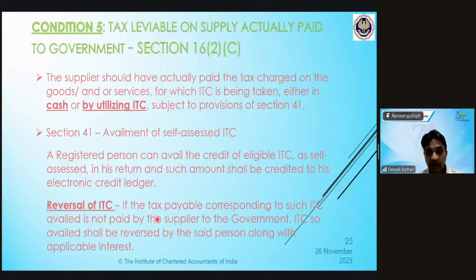One is for the month of March, whether the GST returns of all the months have been filed by all the suppliers. And again, you check it in September, whether all the returns for April to March have been filed. If it is not filed, then you have to reverse the credit. So you have two checks, one by April, that is the March return, which is filed by April, and September's return, which will be filed. There also you can check. So you have two timelines to check whether the supplier has filed the GSTR 3B or not. If he's filed it, good, your credit is assured. But if he's not filed it, then your credit has to be reversed.